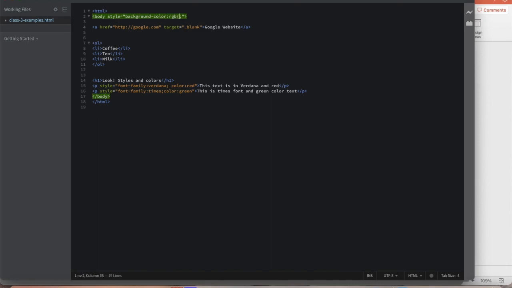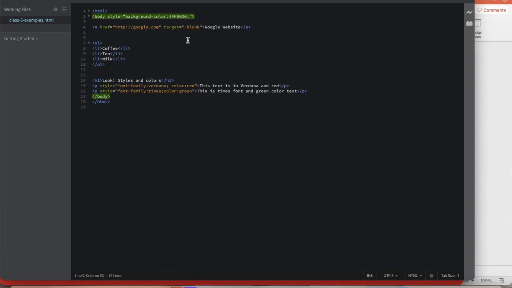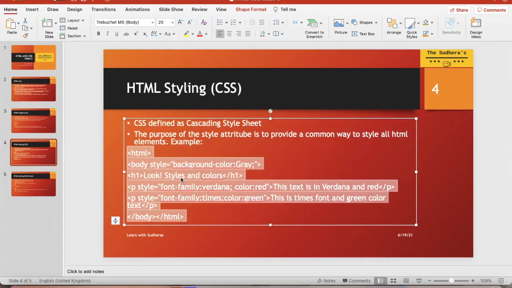Or also a hex code you can mention. For example, hex hash 000000. So this is RGB color, where R is red, green, blue. If you put it like FF, this is R, which means the body will be red. So this is how you can define the colors. If you want a chapter on the colors, you can ask me, I can make a video on this as well.